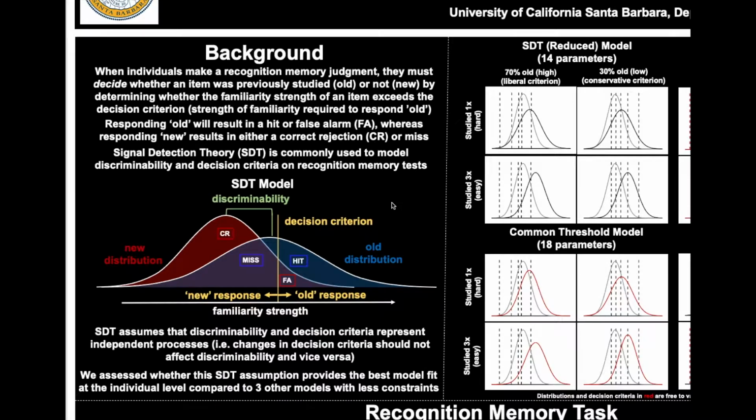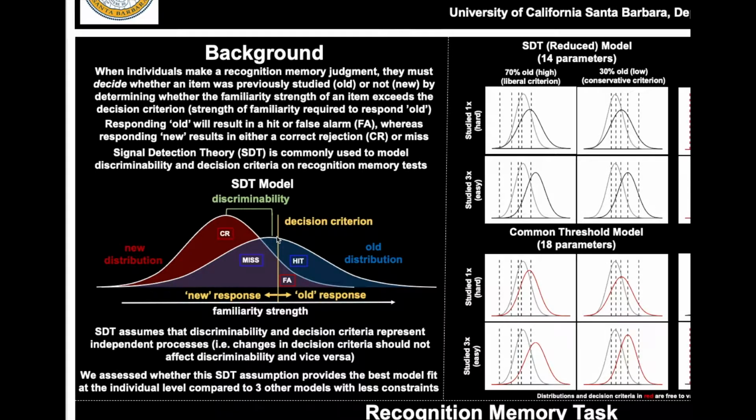Signal detection theory is commonly used to assess recognition memory performance. Under signal detection theory, it is assumed that discriminability and the placement of a decision criterion are independent processes. That is, a shift in decision criteria shouldn't affect discriminability, and changes in discriminability shouldn't affect the placement of a